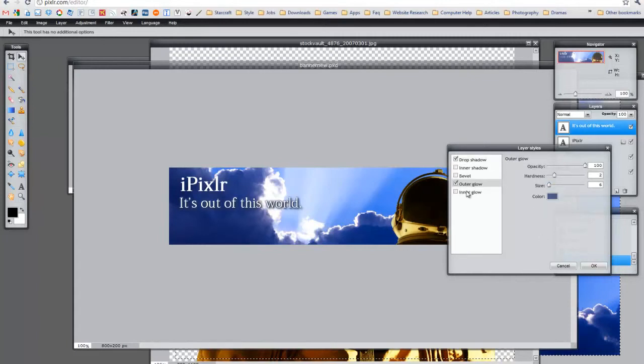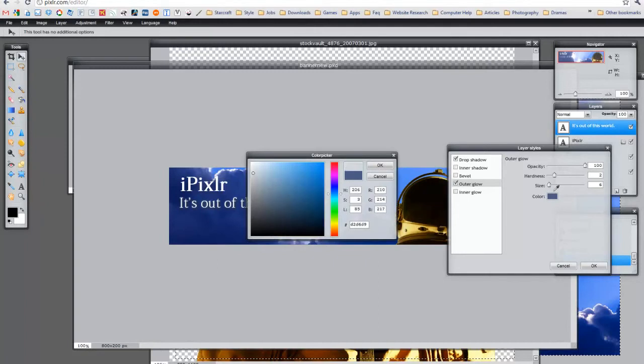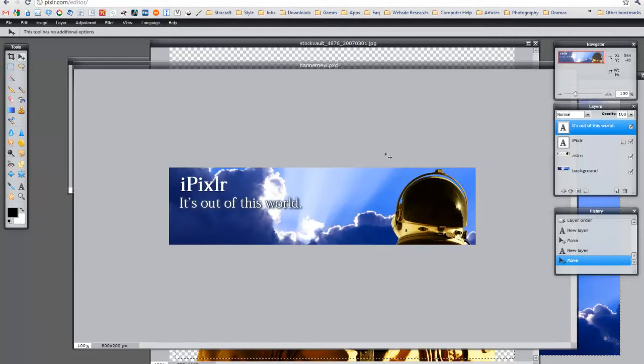So there's a couple other things you can do. You can do an outer glow as well. And there you have it. Something really simple. And I do recommend that you tinker around with layer styles. Now the last thing I want to do